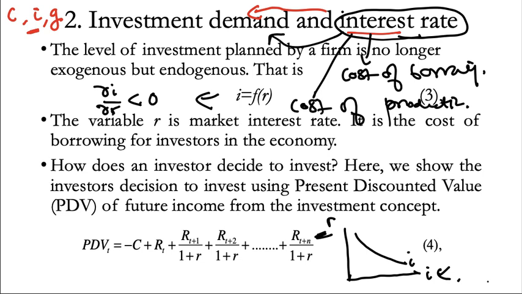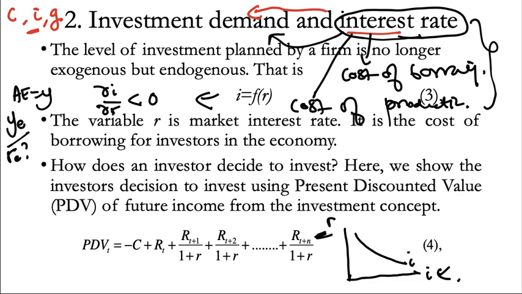Now here, what's the use of this relationship in our analysis of equilibrium income and interest rate? If you can recall the previous method, A equals Y, like I said earlier, using this kind of equilibrium analysis, we only know equilibrium income, but we don't know what happens to equilibrium interest rate. And we know that by virtue of this explanation, there is an inverse relationship between interest rate and investment